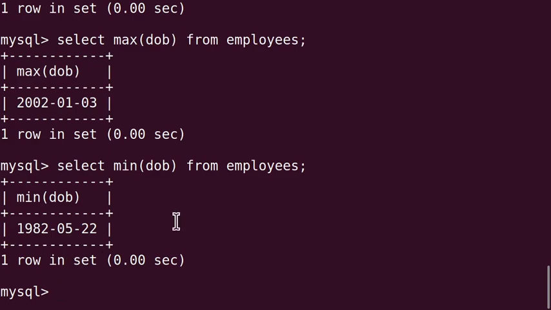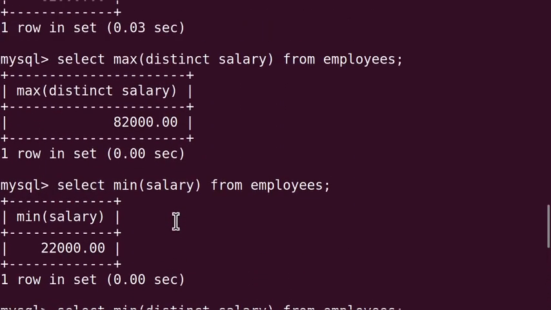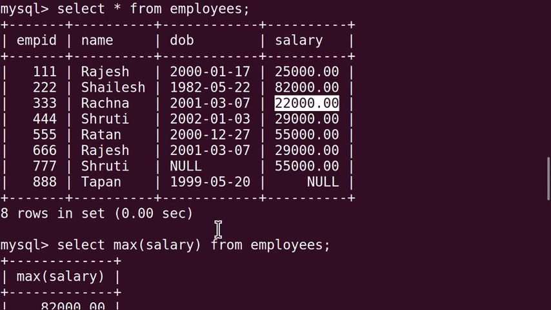So from the table if we check that max DOB returns the latest date, that is 3rd January 2002, and min DOB returns the earliest date, that is 1982's date, 22 May 1982.